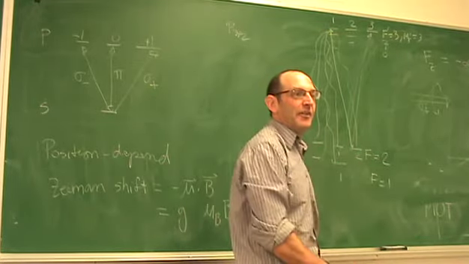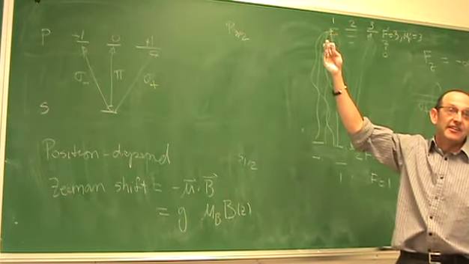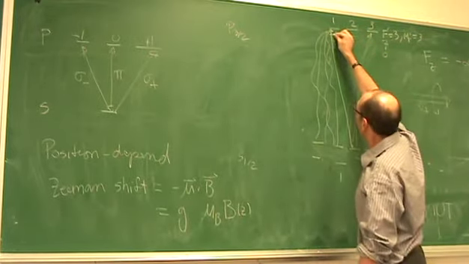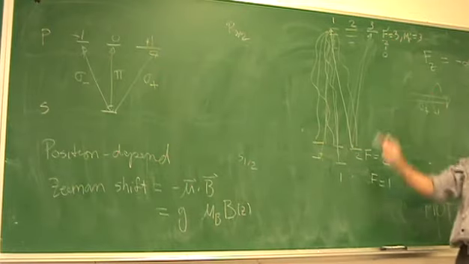But actually, that's not true. No, I screwed it up. For these guys, if I am resonant here, then I only go to those transitions because I can't go from 3 to 1. However, there's a little bit of off-resonant transition. This hyperfine splitting in the excited state is not infinite. So I'm detuned some amount from F equals 2, and I can still decay down into these other transitions because I have off-resonant scattering from F equals 2 in the excited state to F equals 1 in the ground